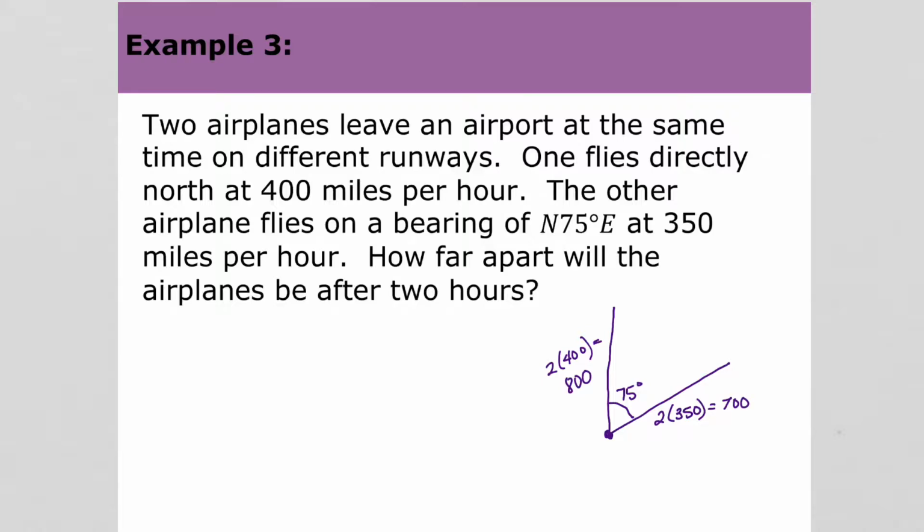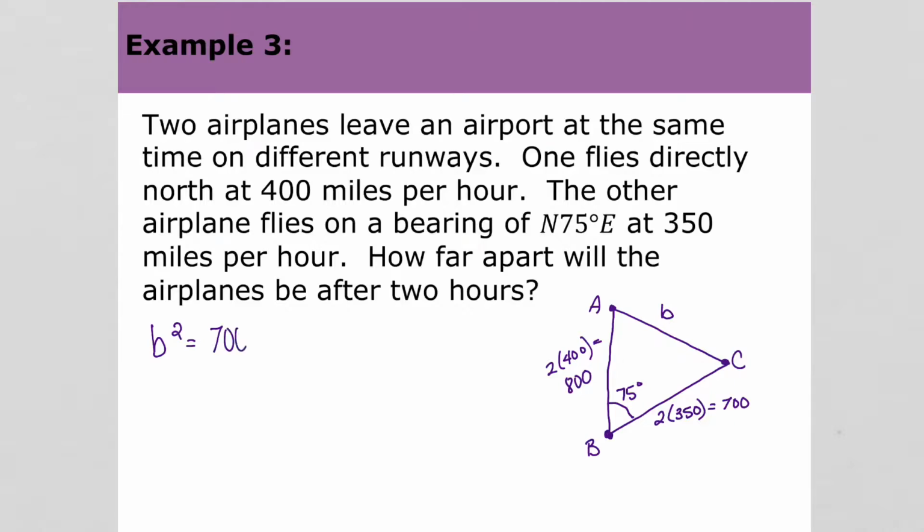And what we're trying to find is the distance between these 2 points. How far will they be apart? And we're going to call that B. I'm going to call this point B, A, and C. Doesn't really matter. And so we've got a side angle side situation. We can use the law of cosines. So B squared will be